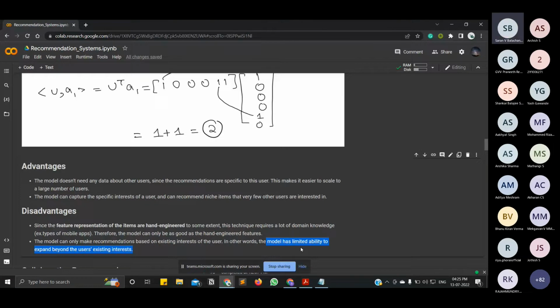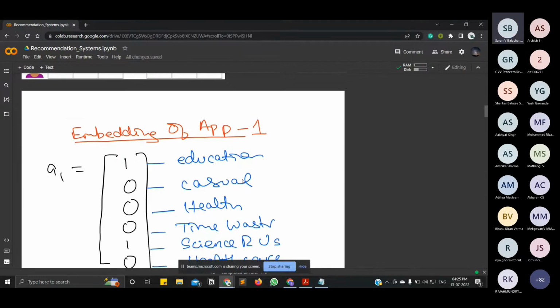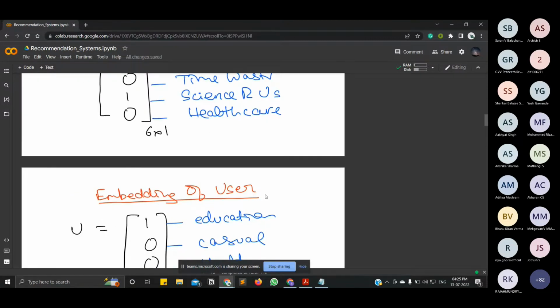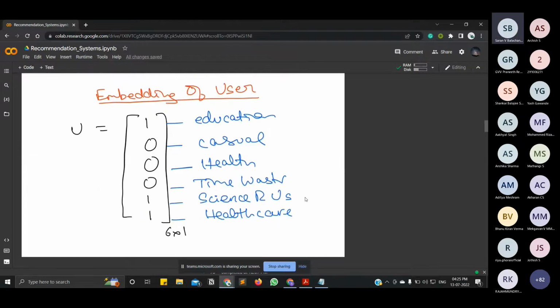So yeah, that covers content-based recommender systems. Any doubt until now? If you have any doubt, you can post in the chat or unmute. Okay, so